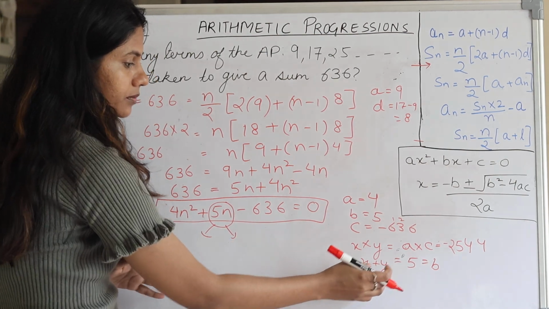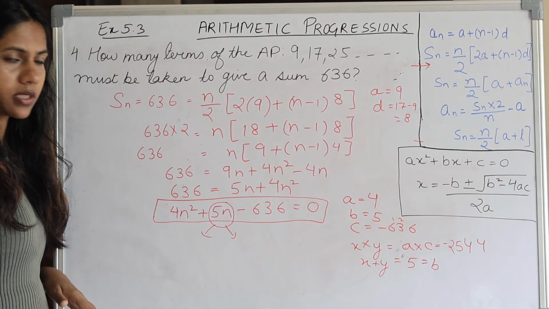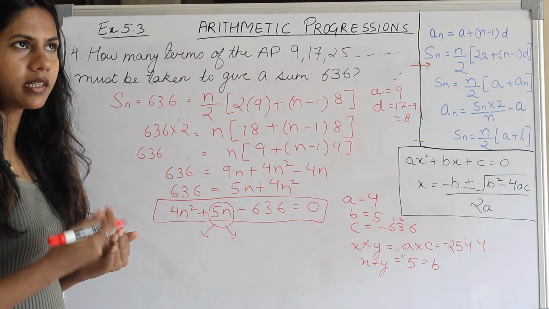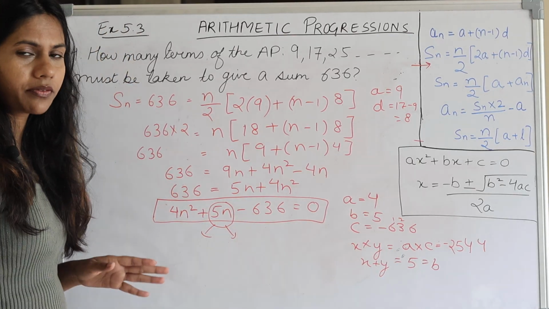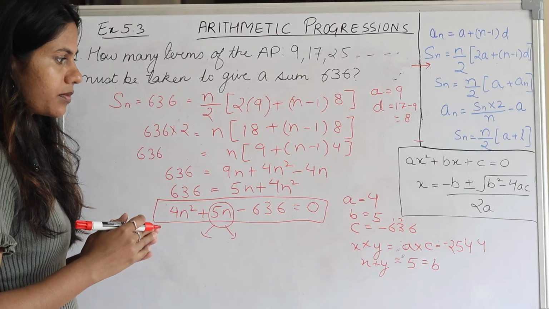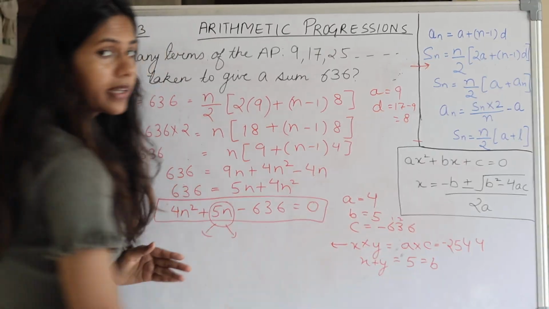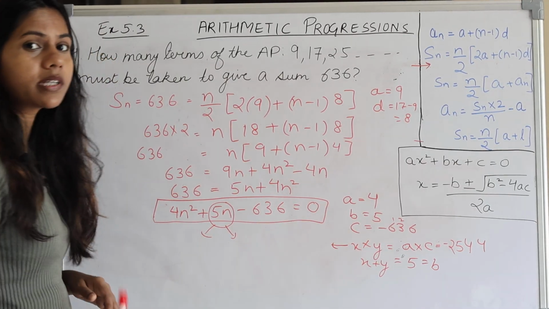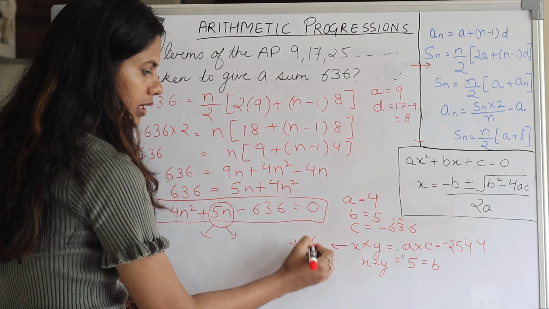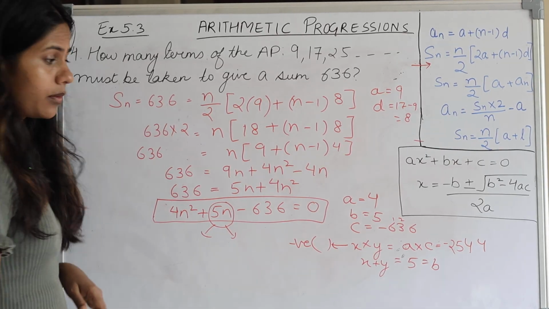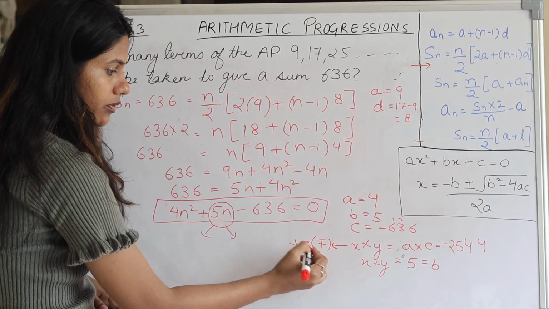But if we add them, then it should be equal to 5. So one thing, since a into c is negative, it means out of those two numbers at least one number will be negative for sure. Minimum one will be negative, the other can be anything, because minus into minus becomes plus, so the other number can be negative also and positive also.